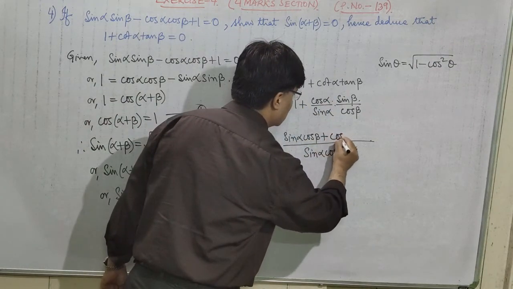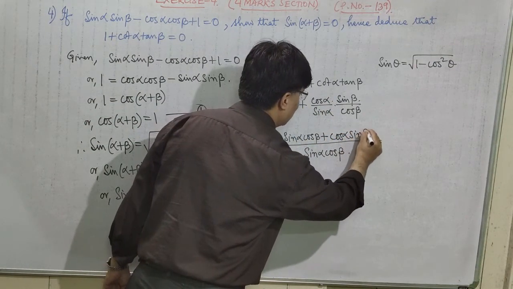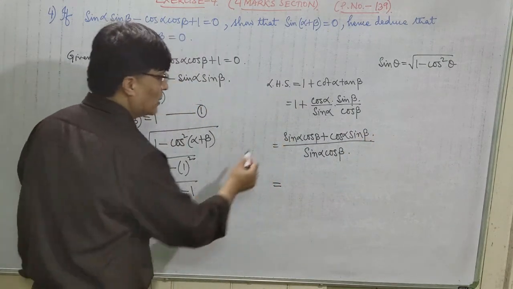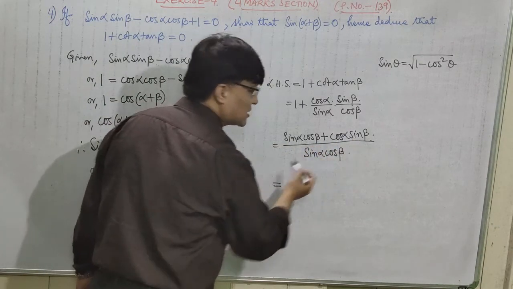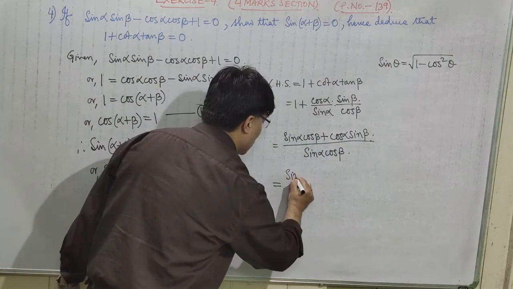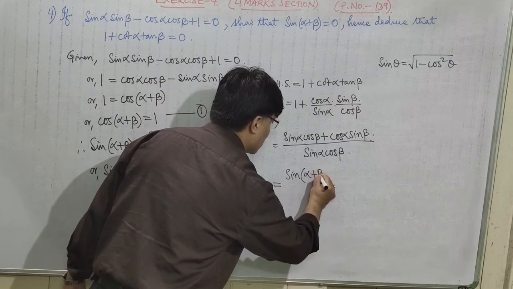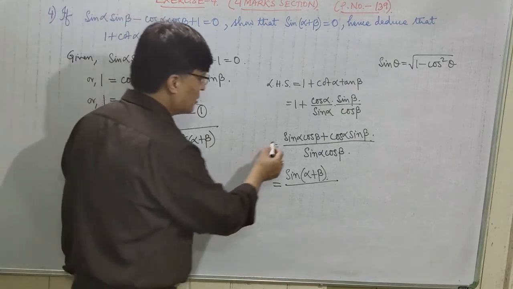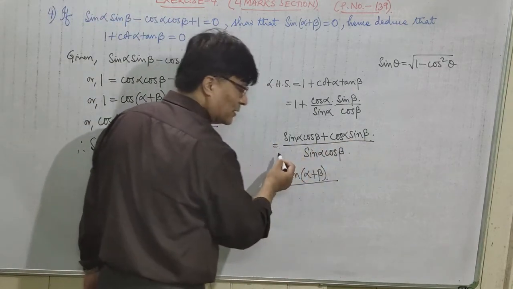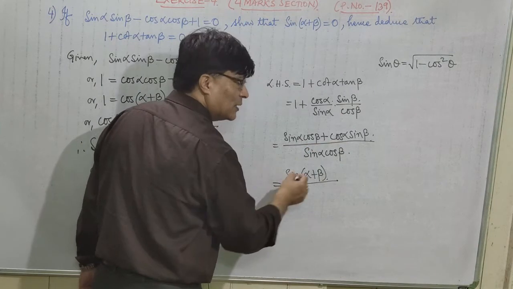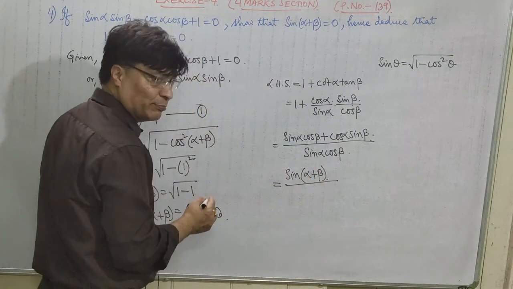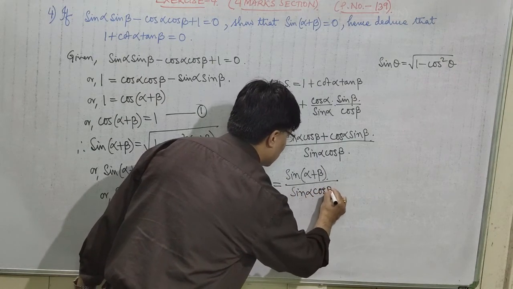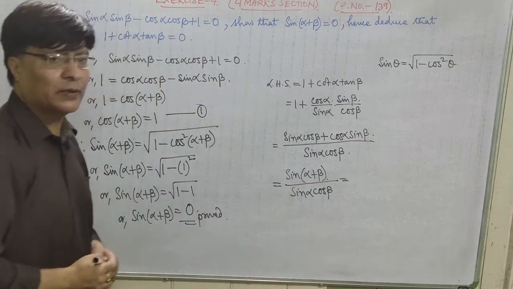cos alpha sine beta, which is equal to, now this is in the form sine A cos B plus cos A sine B. What is the formula? It is sine of A plus B. You know this formula, isn't it? That is sine of A plus B, just like sine A cos B plus cos A sine B. Here A is alpha and B is beta. So what is sine of A plus B? Sine of alpha plus beta divided by sine alpha cos beta,